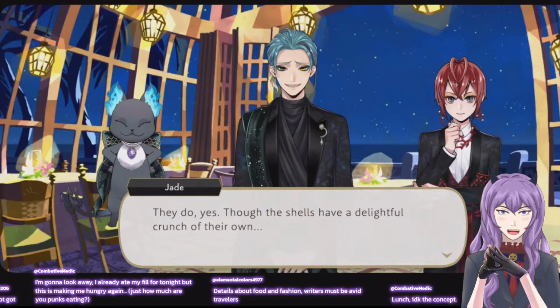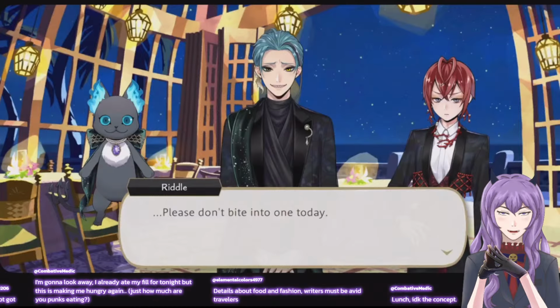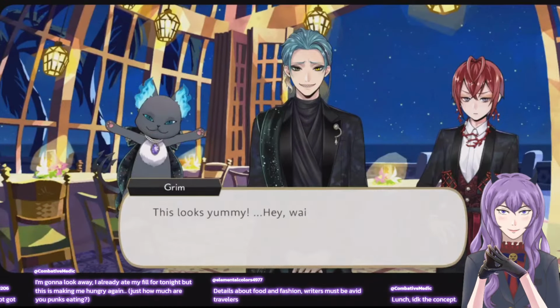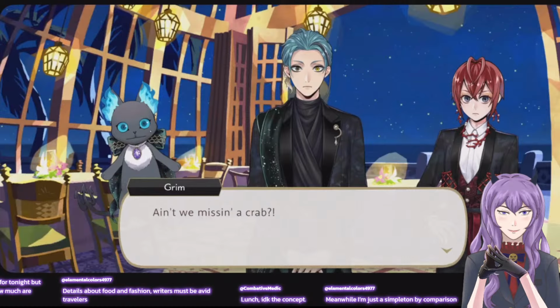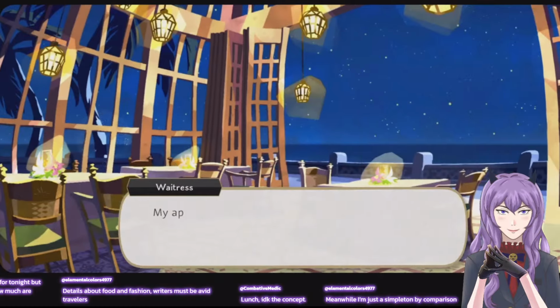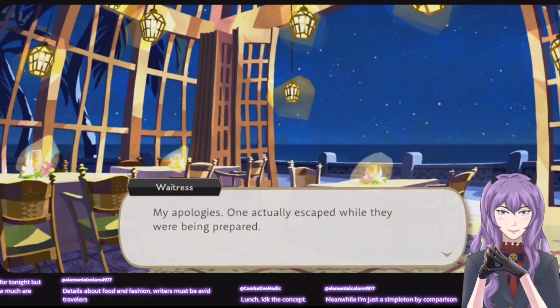Oh wait, you can eat the shells? Guessing a crab, huh? One crab actually escaped.